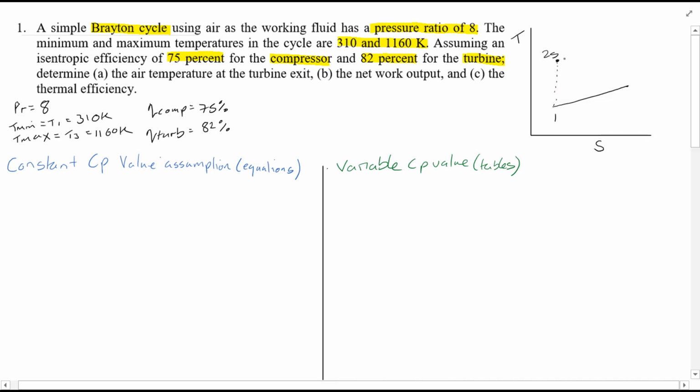This is important because the isentropic efficiency is given for the compressor and the turbine, but the actual point is going to be slightly different. The entropy is going to slightly increase during that compression to point 2, and of course heat is added, Q in, from stages 2 to 3. It's really important that you learn these diagrams,